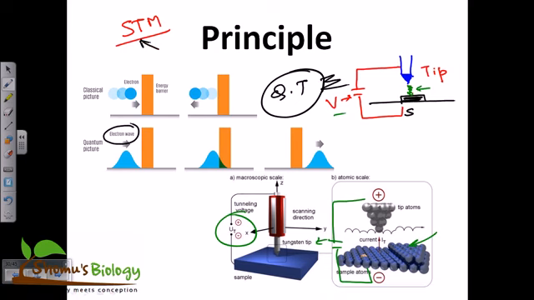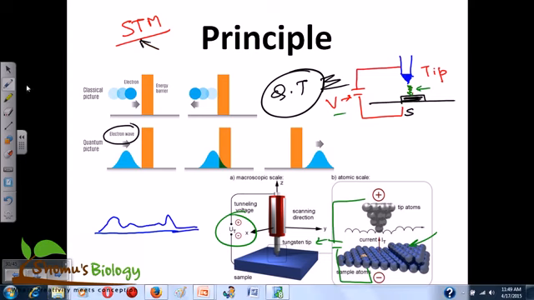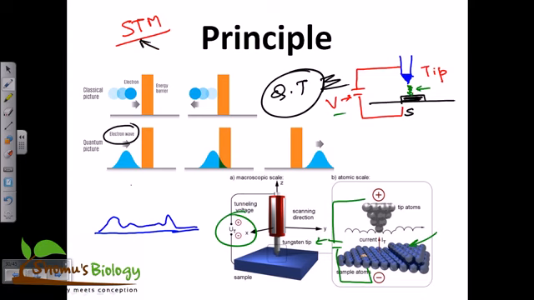Now here is the idea. Let's say this is how the sample looks. For example, the surface of the sample has ups and downs all the way like that. We have this tip, and the tip is attached to a rotator which can move from one place of the sample to another place, right? During that process, we can use two important techniques to find out the surface structure of the sample.